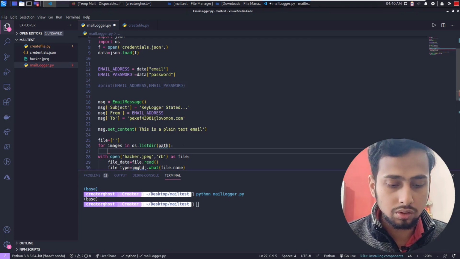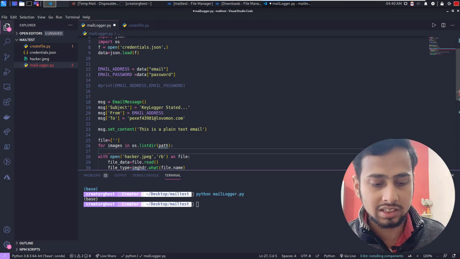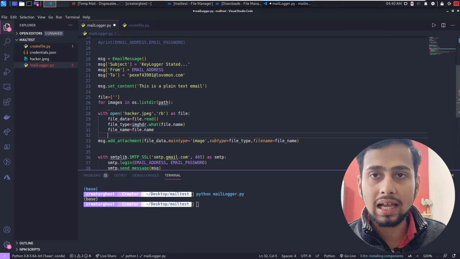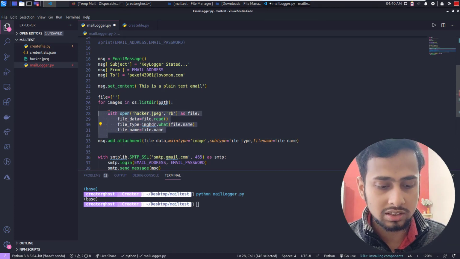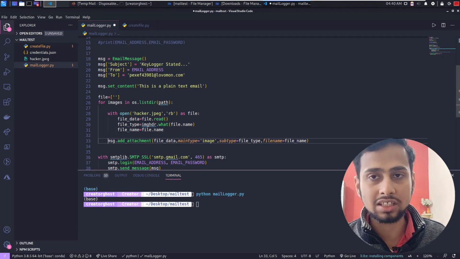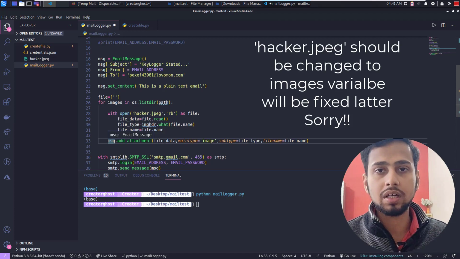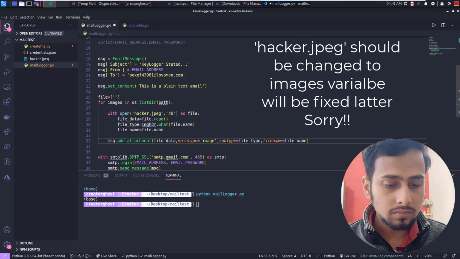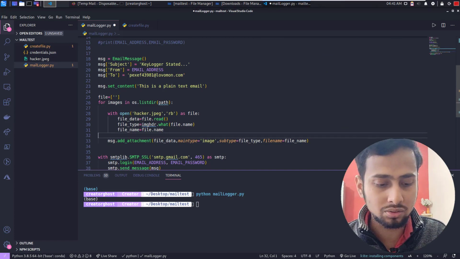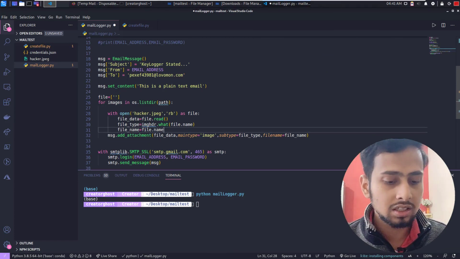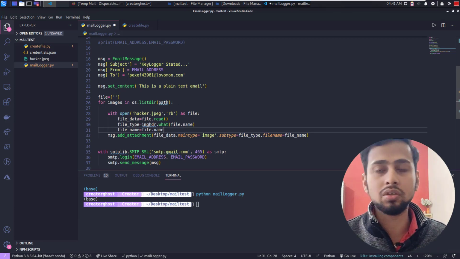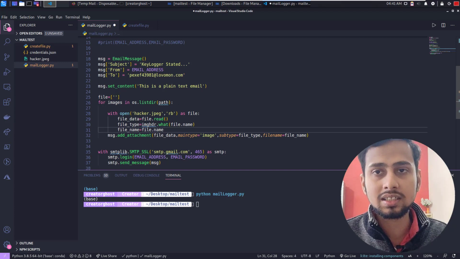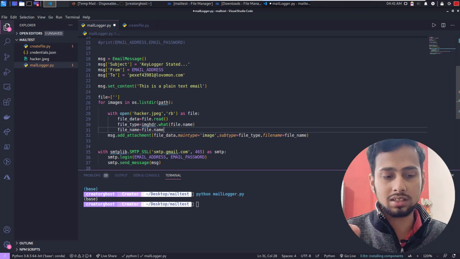So what we need to do is grab the whole with statement inside this for loop, and we have to add this as an attachment too. Let's use a tab to put it inside, and we have to add every single image. This attachment should also be inside our for loop because we are adding multiple images here. So this is how simple it is to go from a single image to multiple images. We are going to go through all the files in the directory, then add each and every image present inside it as an attachment, and then it is going to be sent.